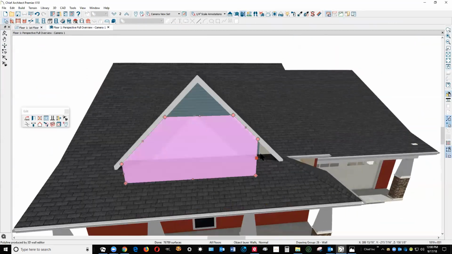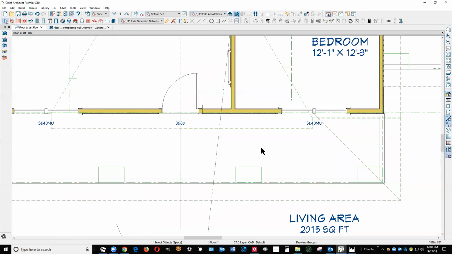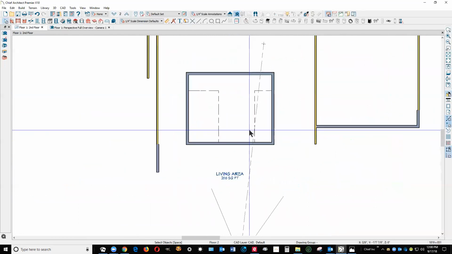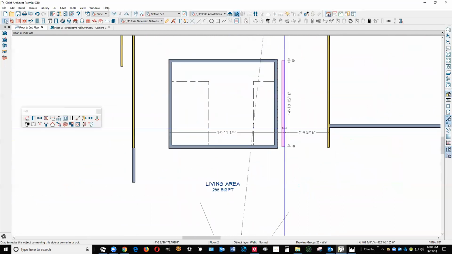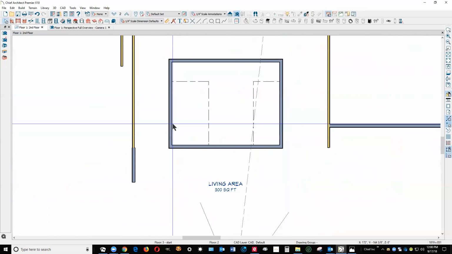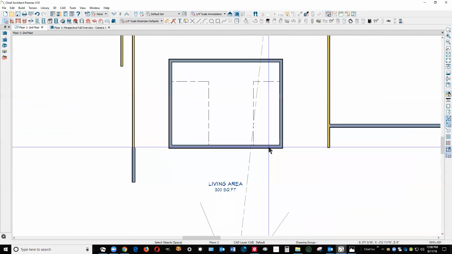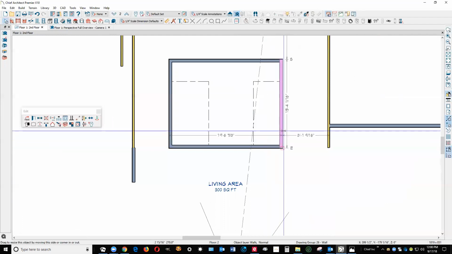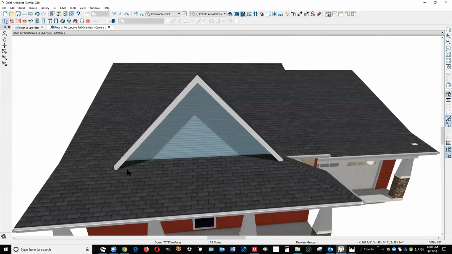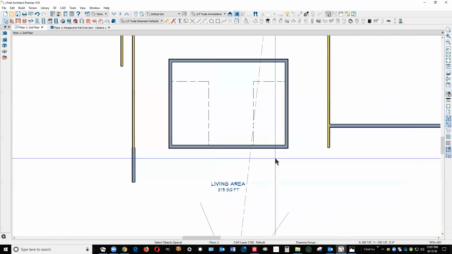Now here's the wall. I need to move that over, obviously, a little bit. This just needs to go over. See, without the floor plan dimensions, I'm in the dark and I'm guessing. Well, that looks a little bit better. Let me pull it over a little bit more. I'm just looking for general appearances right now. I'm pretty sure that's about where it needs to be. So I'm going to take these two roof planes